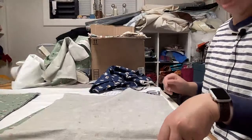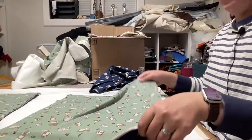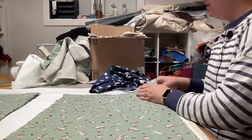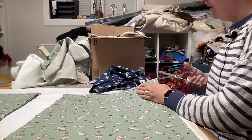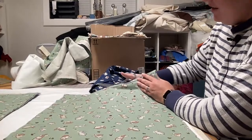Another box bag. Another Kato. Another 2 box bags. I don't know why I'm not cutting the navy as well, because it's the same order for the navy. So we'll just...